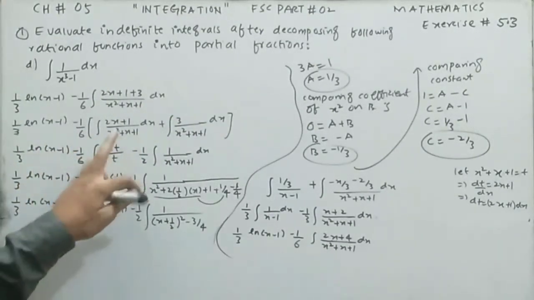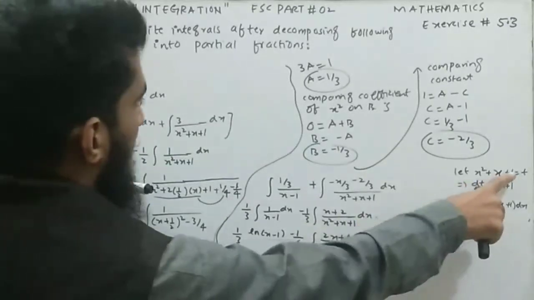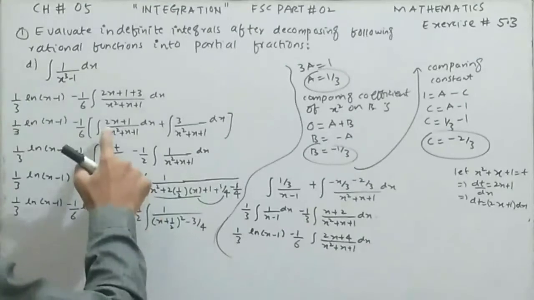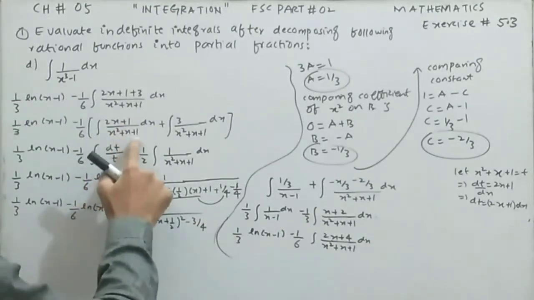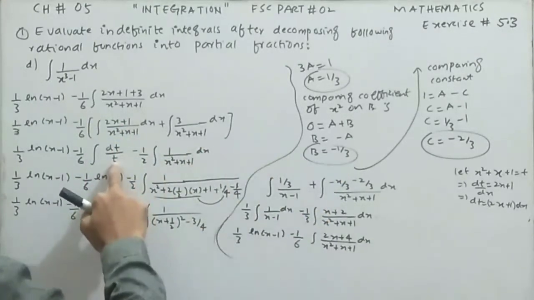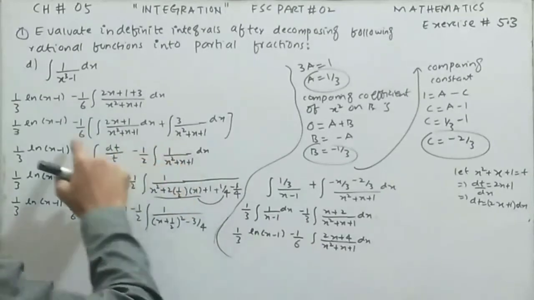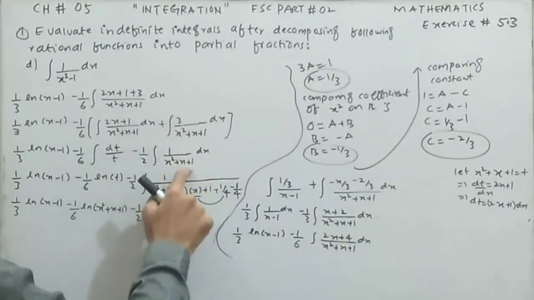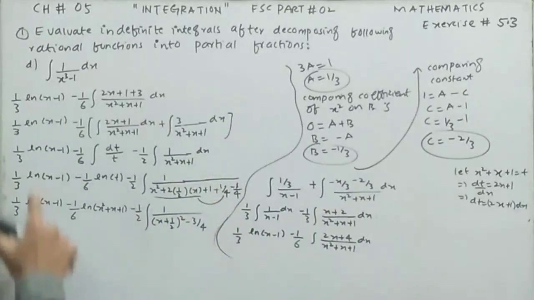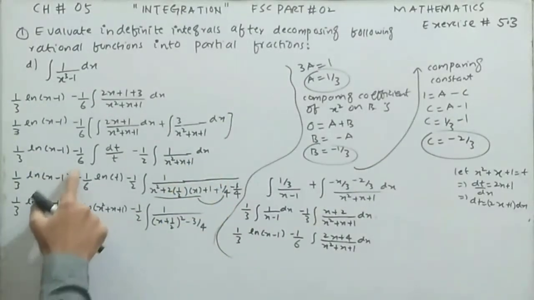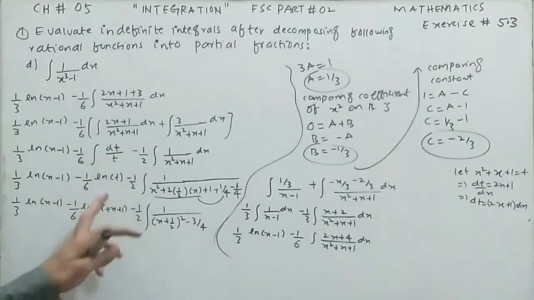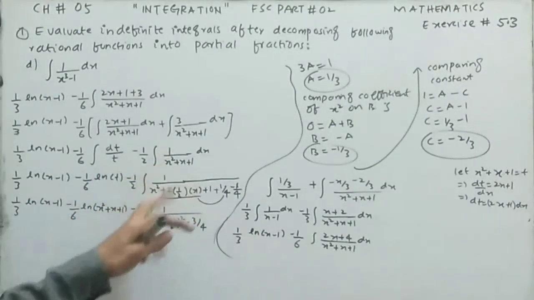Now if I consider x square plus x plus 1 is equal to t and take the derivative on both sides, our dt will be 2x plus 1 into dx. So 2x plus 1 into dx is dt, and x square plus x plus 1 is taken as t. And over here 3 multiplied by minus 1 by 6 will give us minus 1 by 2, and 1 over x square plus x plus 1 dx will come down as it is. So 1 over 3 into ln of x minus 1 minus 1 by 6, it becomes 1 over t, whose integration is ln of t, minus 1 by 2 integral of